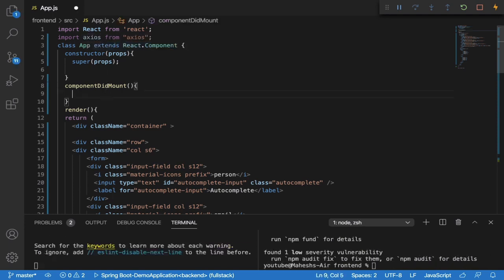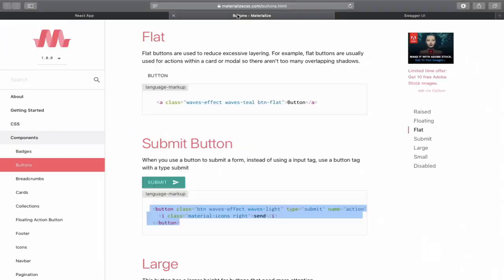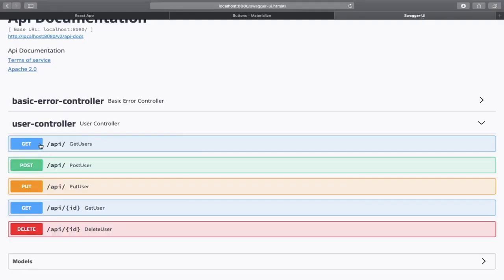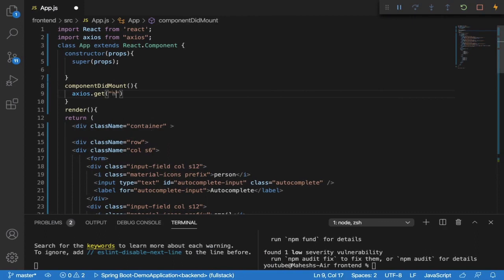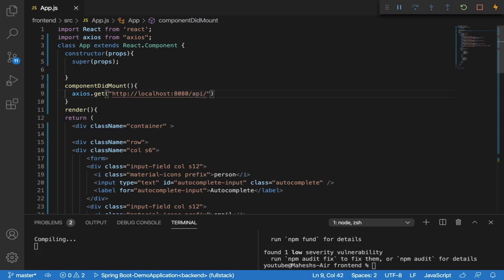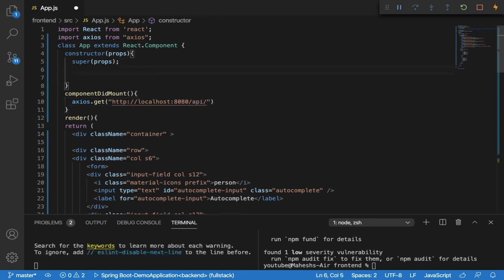I hope it will be fine. So axios.get, and here you can pass your URL. What was the URL? Here localhost 8080, you can get this from here, I guess. http://localhost:8080/api/. And here I have to define my, okay, what was that, this.state,